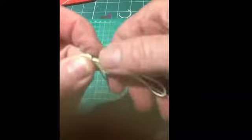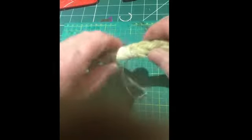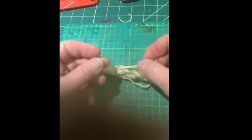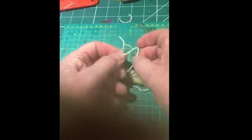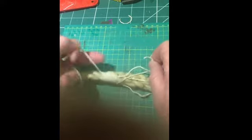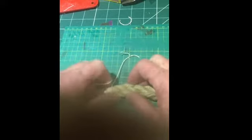It's a good idea to try and keep the pieces of rope tucked in the lay of the rope and make it easier to pull out when we get to the top. Talking of which, there's one I made earlier where we've got to the top, and all we'll have to do now is take our rope or twine, sorry, tuck it through the bite, okay, so it comes out the other side, then pull these small tail ends, and that will take, hopefully, the twine right the way through and out